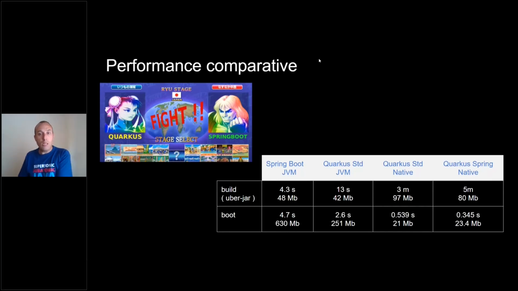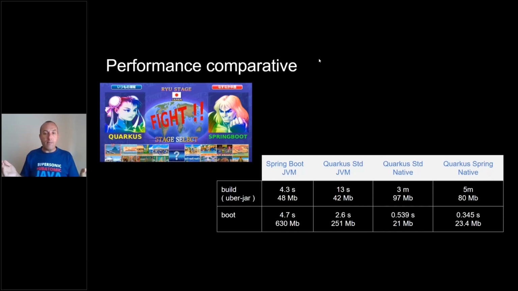With Quarkus standard, so running on JVM, it takes more than 2 seconds, so 2.5 seconds. We are more or less half the time compared to the Spring one. Also, we are consuming around half of the memory compared to Spring. If we go to native with the standard approach, we are going to half a second,